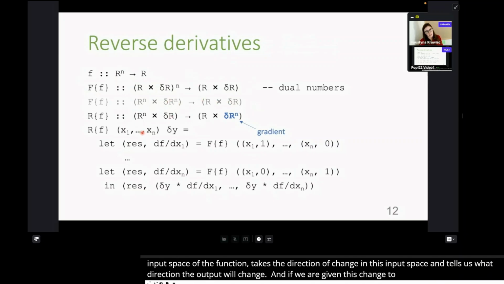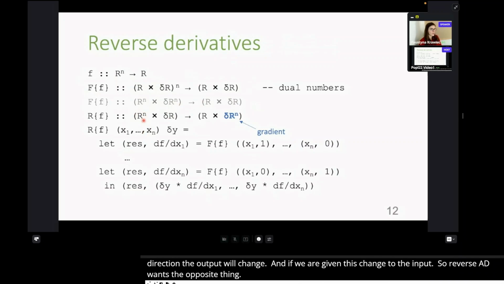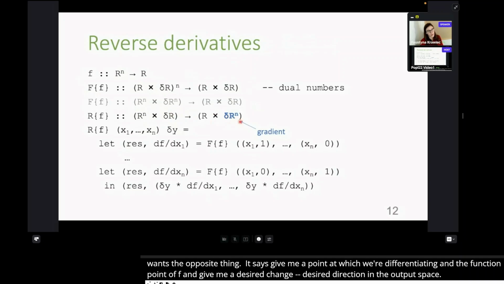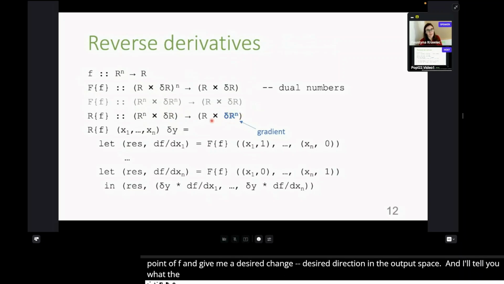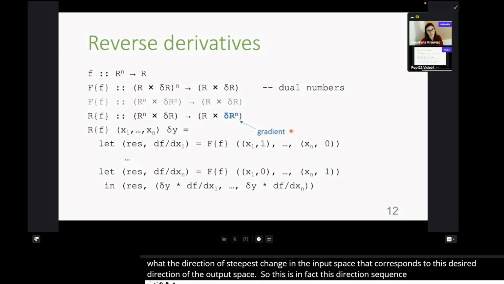So reverse mode AD wants kind of the opposite thing. It says, give me a point at which we're differentiating in the input space of the function f, and give me a desired change in the output space, and I'll tell you what the direction of steepest change is in the input space that corresponds to this desired direction in the output space. This direction of steepest change is the gradient, the vector of partial derivatives.